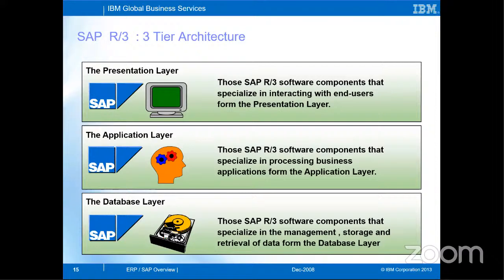Okay, sir, please explain the difference between SAP and ERP. So ERP is nothing but a concept. It's enterprise resource planning: how you can integrate different business processes and business functions in a company, and how you run better. And SAP is a company that creates products to do the same.